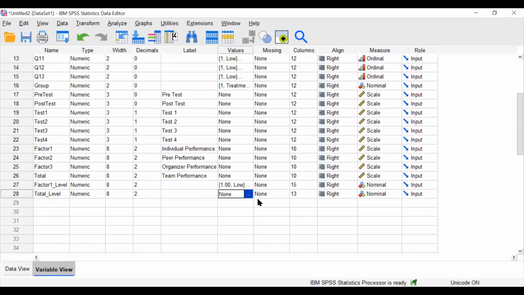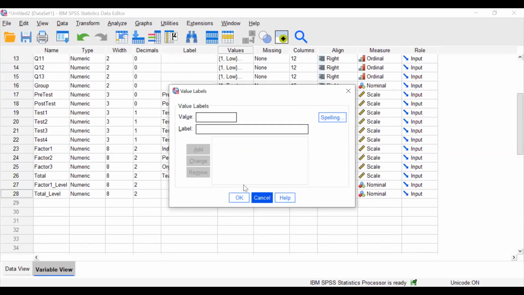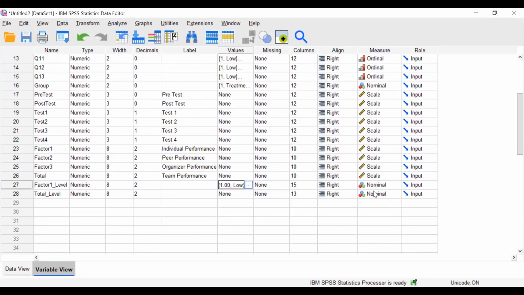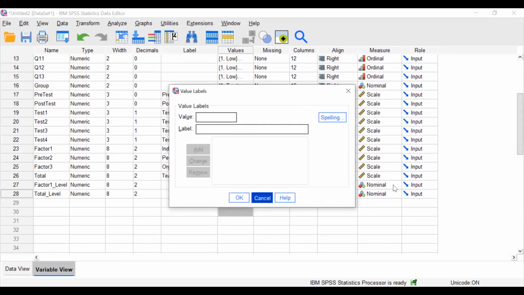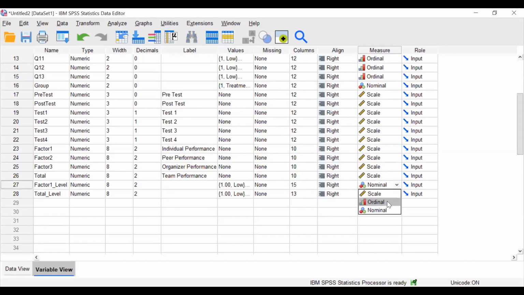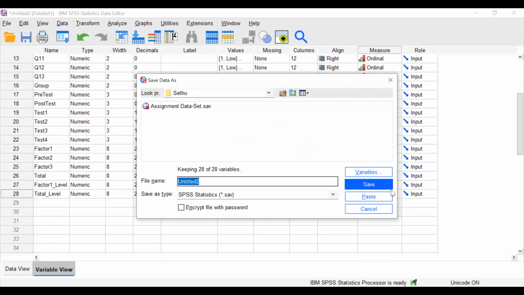Now I am going to do the same thing. Instead, I am just going to copy and paste it. So these two are ordinal data, because it is low, medium and high. There is an order. That's why it is ordinal. If the number doesn't have any meaning, for example male and female, where 1 doesn't have any meaning and 2 doesn't have any meaning, you can even give 1 for female and 2 for male, it doesn't matter. In such a condition, it is called a categorical variable, a nominal variable. Here there is some order or preference, that's why I put it as ordinal. That's all. Save your data.